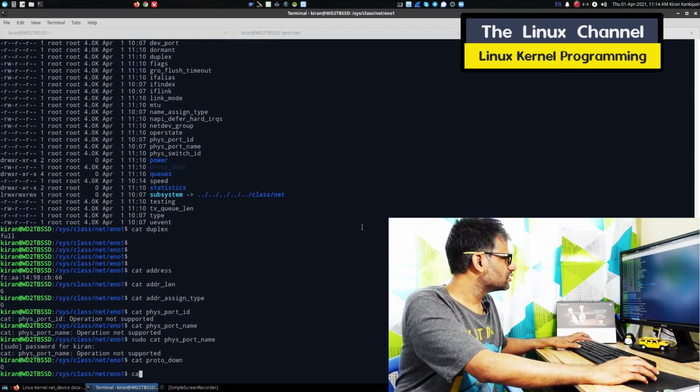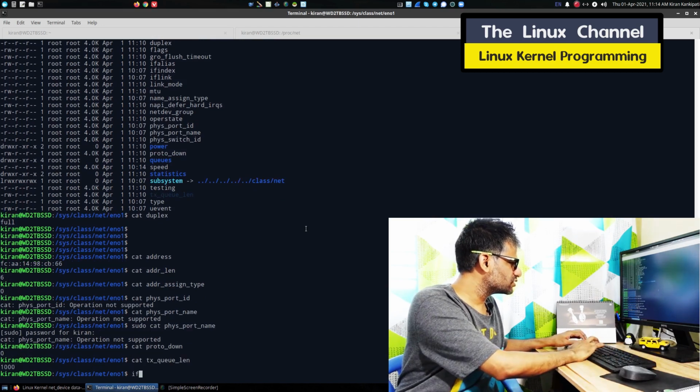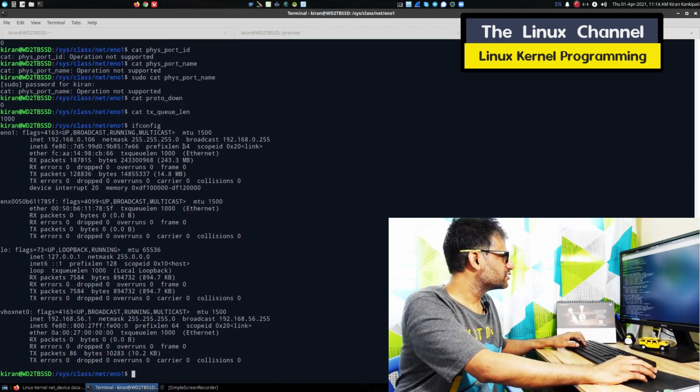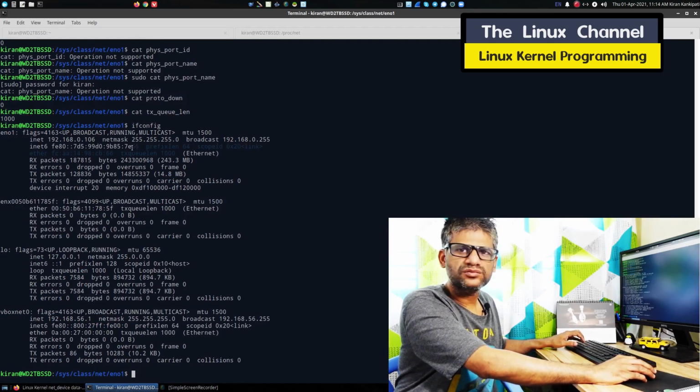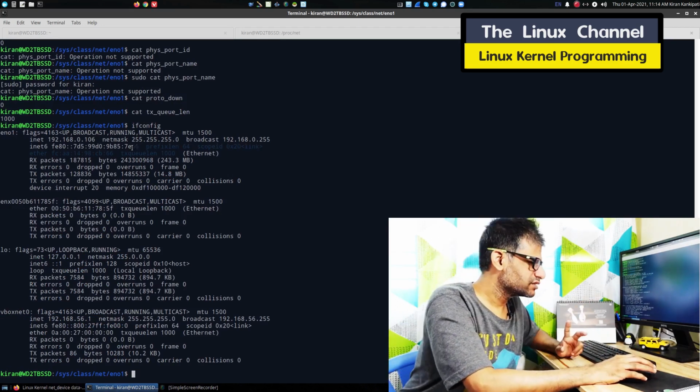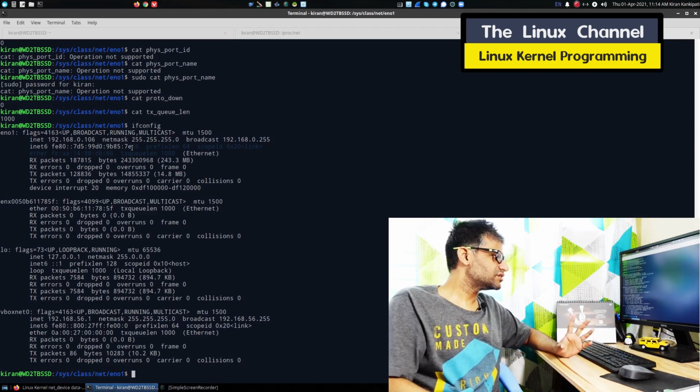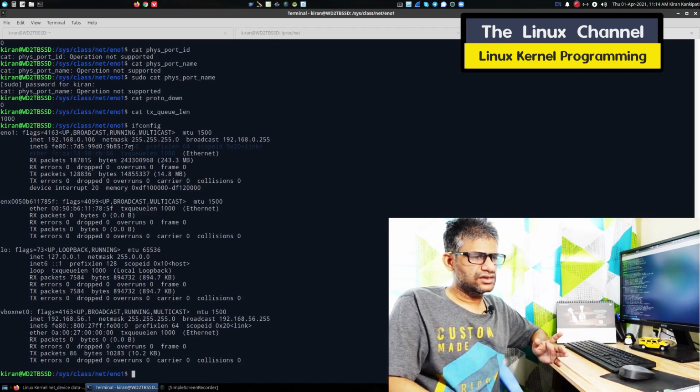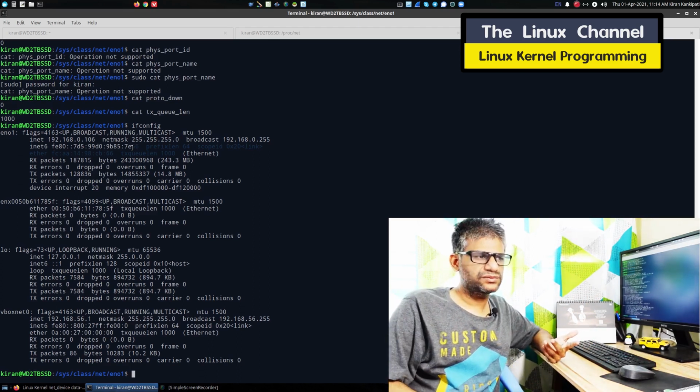Proto down, and cat this txq length. If you notice, this txq length should match the txq length of the ifconfig command. What you are supposed to learn is that the kernel has various interfaces.